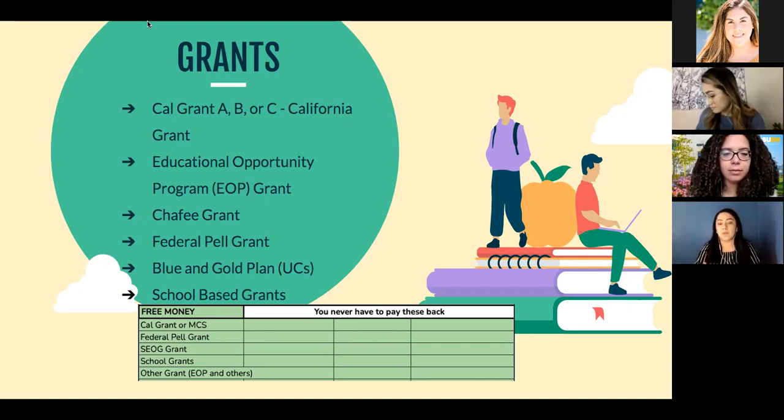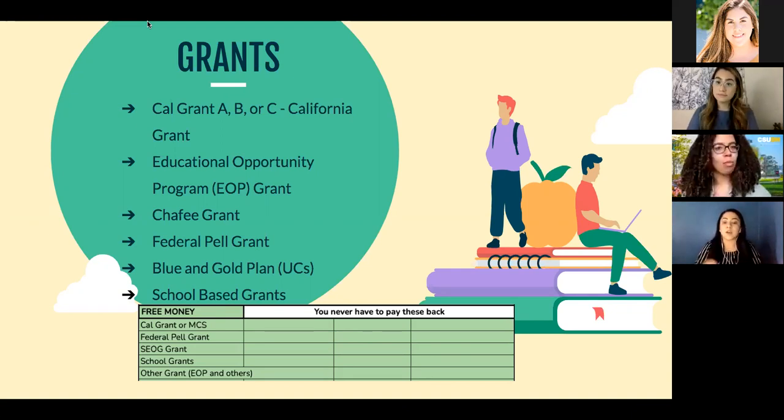For the most part, if you've already been talking to your advisor, you should have already created a Web Grants account where you will eventually update the school of attendance. As many of you know, May 1st, decision day, is coming up, and you all will know what school you're going to go to. So you're going to log back in to your Web Grants and update that school of attendance. Keep in mind that Web Grants usually picks up any school that you added to your financial aid. So it might have UC Merced on there, even if you're planning on going to Cal State Long Beach.